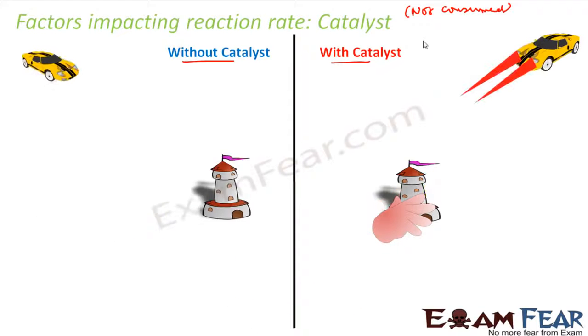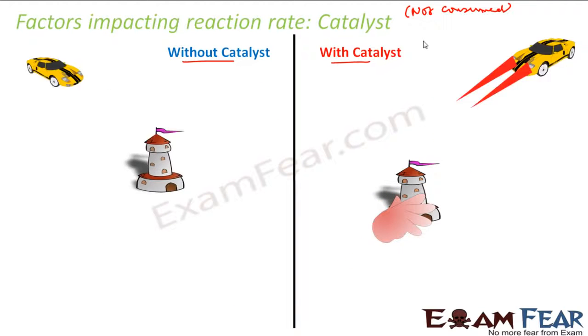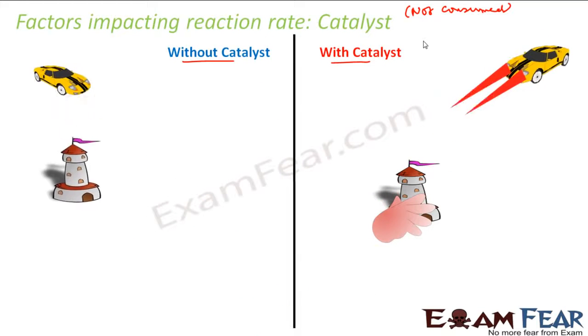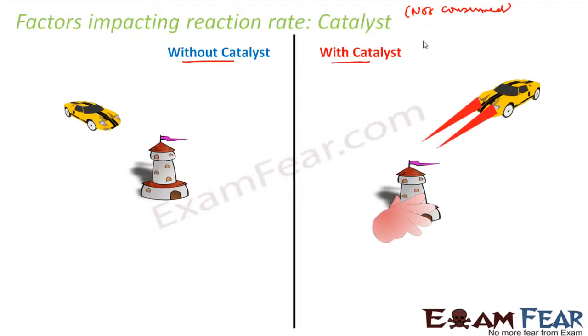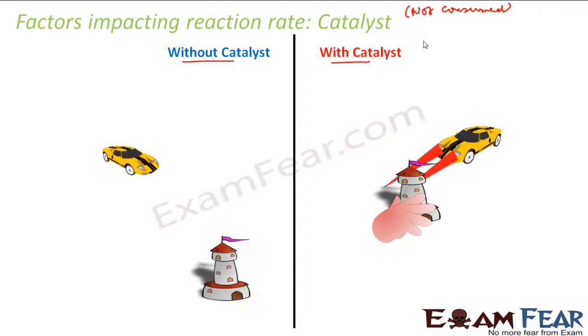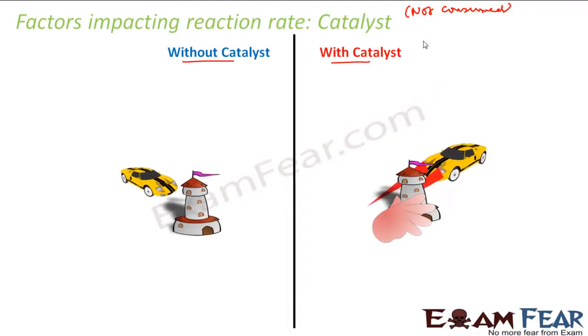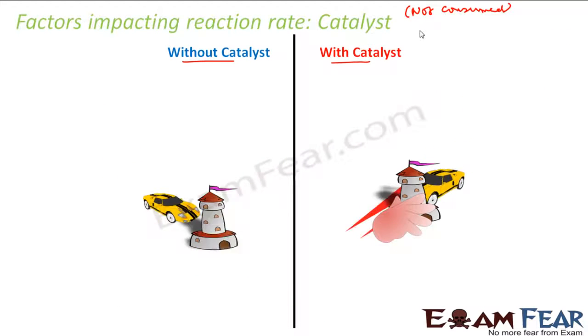And a good example of a catalyst is digestion in the body. You see, in the body, food is digested using catalysts. Without a catalyst, it is very difficult to digest food. Also, if we talk about the hydrogenation we use in